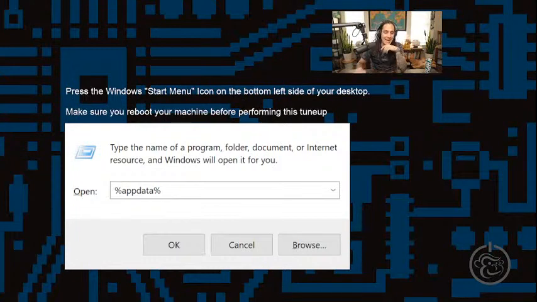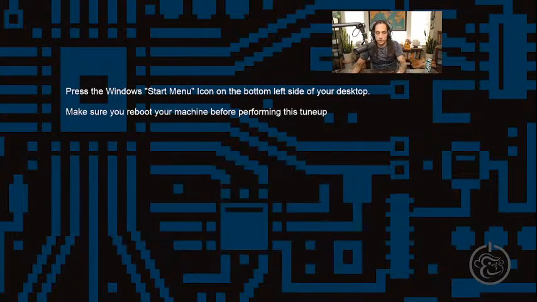So we're going to be going in the app data folder. I wanted to pull this up to show you here, just a 2-step. Press the Windows start menu icon, and you can just start typing run to get to this window. As soon as you type run, hit enter, it's gonna pop up with this window. Type in %appdata%. What that'll do is, let me pop that in. It's gonna take you over to